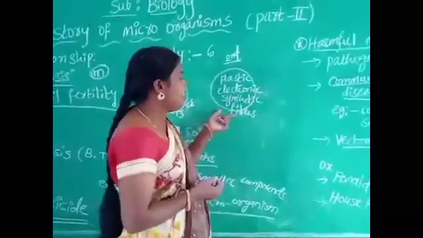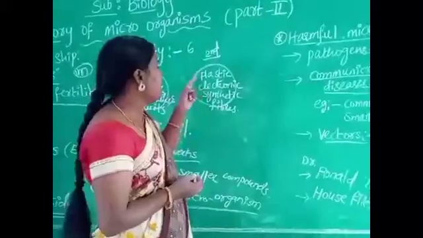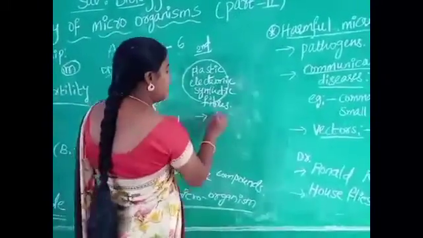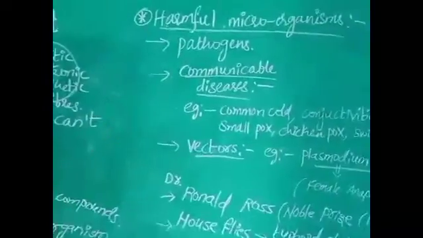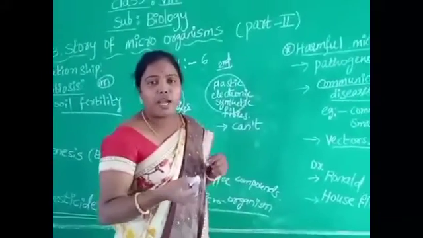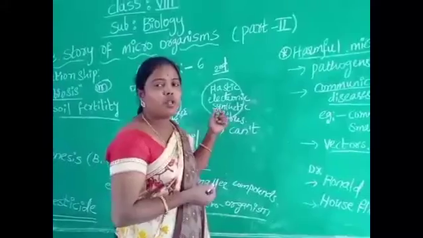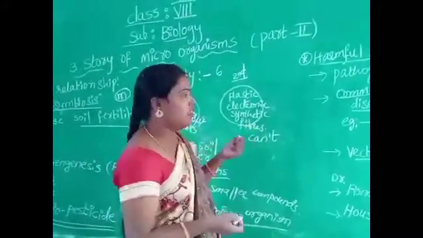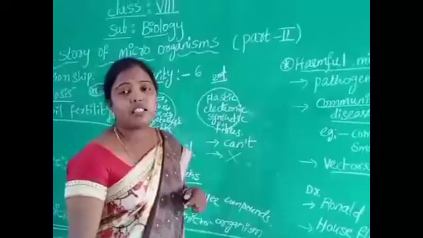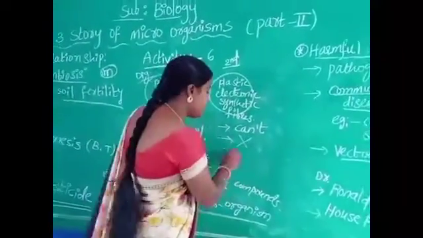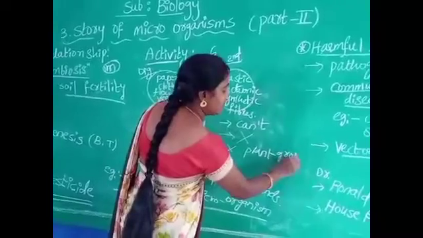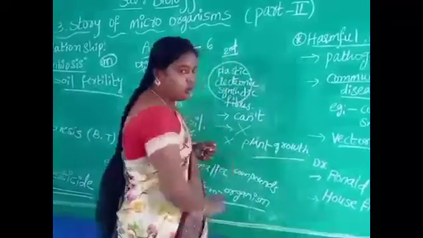But in the second case, what happened? Plastic and electronic waste materials cannot decompose in the soil. Why? Because microorganisms cannot decompose these materials. So these materials are not converted into useful nutrients and enzymes. These materials are not useful to plant growth.